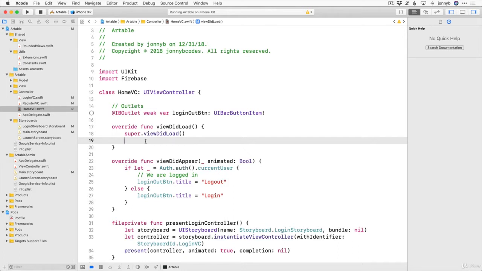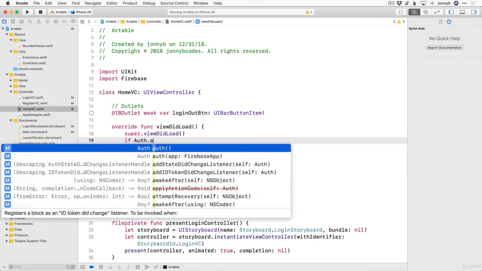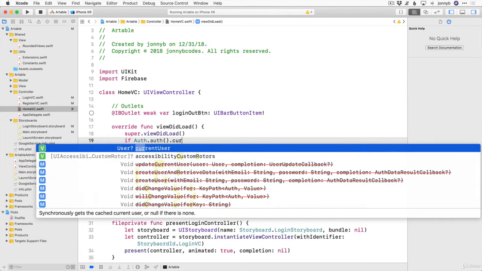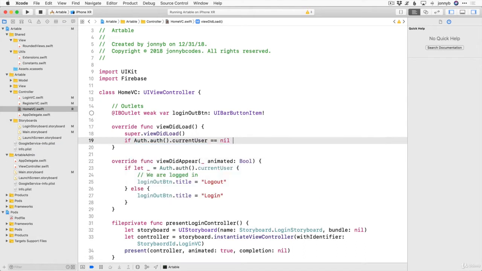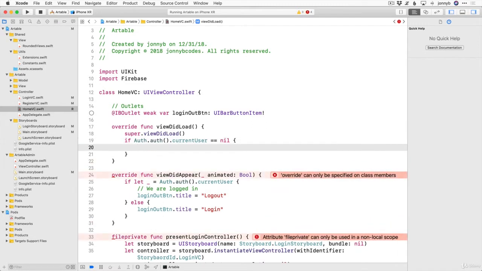We're just going to do a check to make sure that there is no logged in user. So I'm going to say auth.currentUser is equal to nil. So if there is neither an anonymous nor a logged in user, we're going to then sign in anonymously, all right? And so this is very simple. All we got to do is say